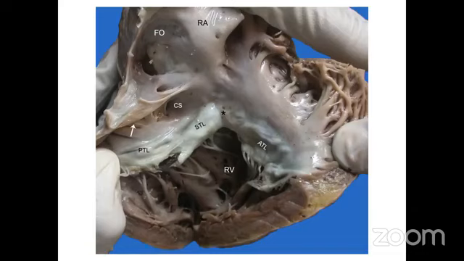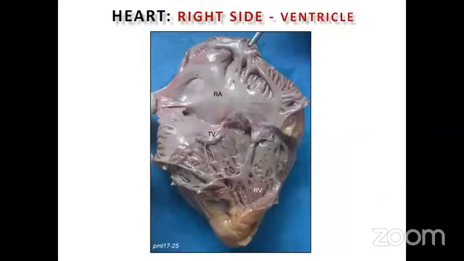So hence it is important to observe all the structures of the right side as well as the left side. So observe all the structures of the heart carefully in any autopsy. And as I always have told you, the heart is an organ of suspense. You never know what is inside unless you open and look at it very carefully. Next, we come to